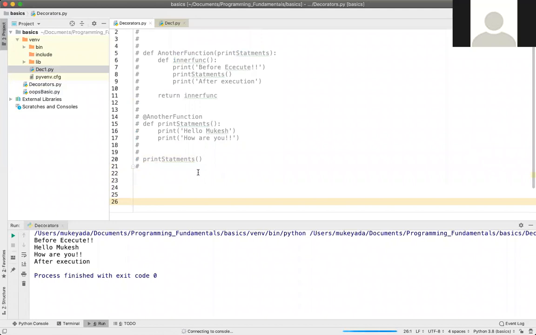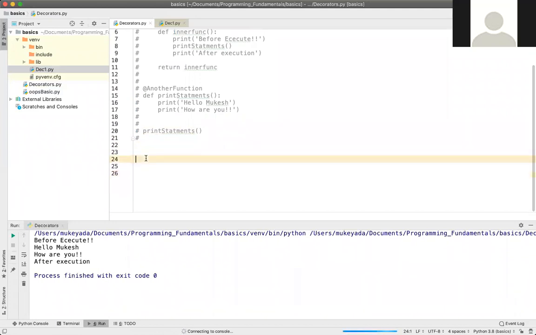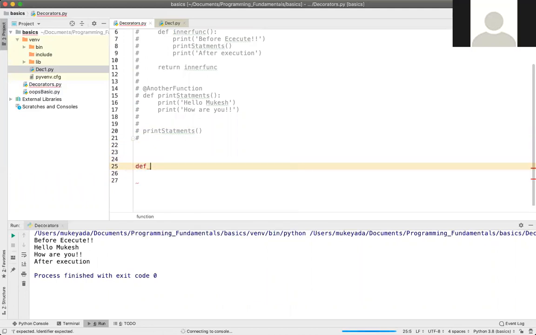Now for the performance perspective, let me write one code where we are going to calculate square, and I'm passing numbers here.